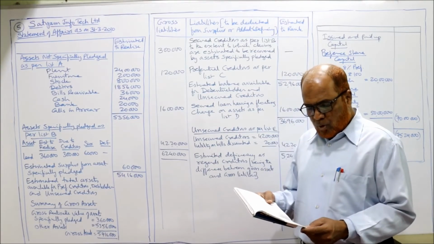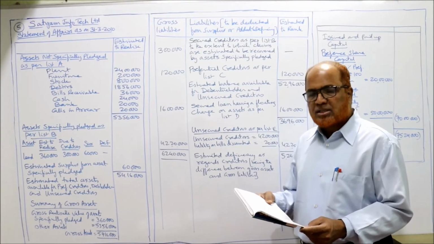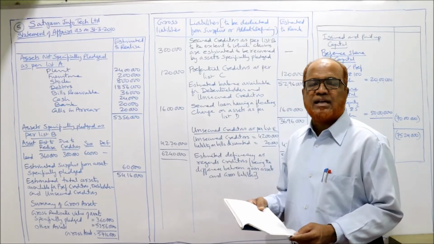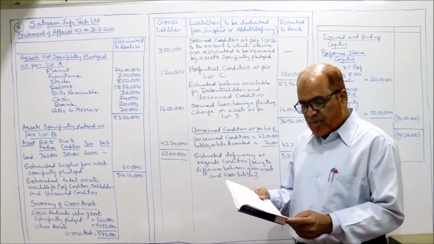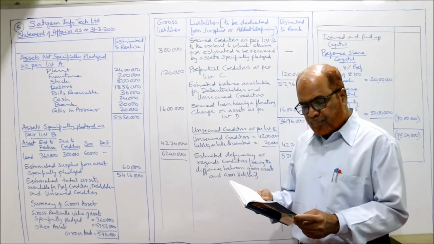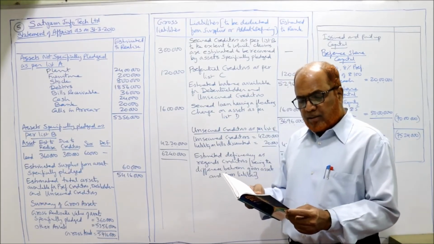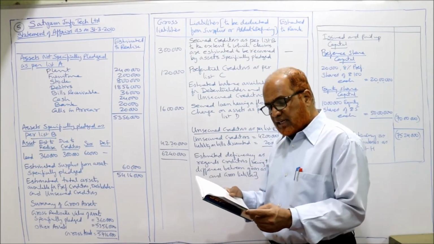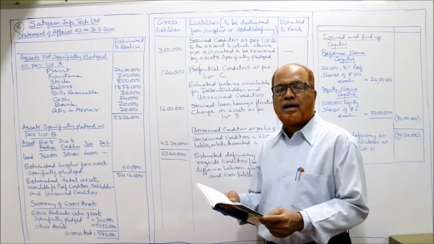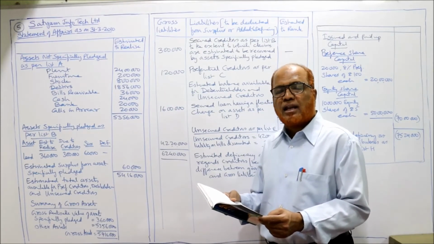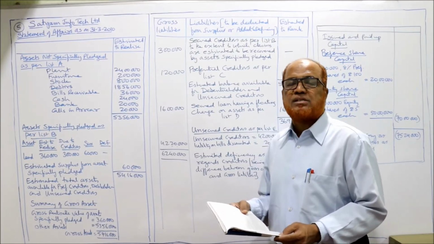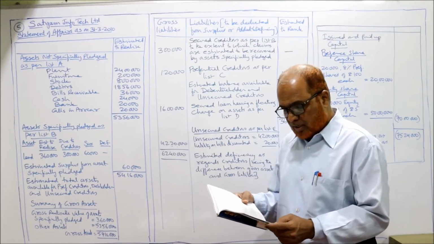Then land. Book value of the land is 6 lakh, but estimated to realize is 3,60,000. We are not concerned with book value. We need estimated to realize 3,60,000. And how much is the secured loan taken on this security? Secured loan 3 lakh. So on the top you can see secured loan 3 lakh on mortgage of land. तो लैंड को सिक्योरिटी रखा कर 3 लाख रुपए का लोन लिए और लैंड का रियलाइजेबल वैल्यू 3,60,000. So we are going to get 60,000 rupees surplus from fully secured creditor.